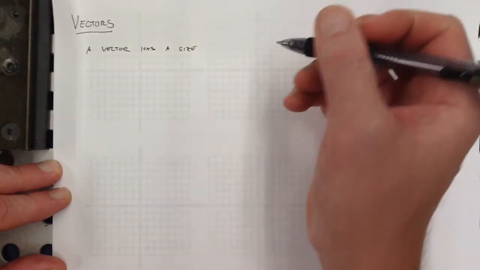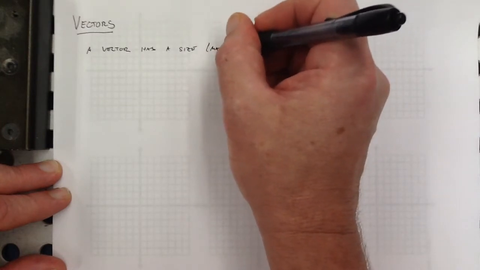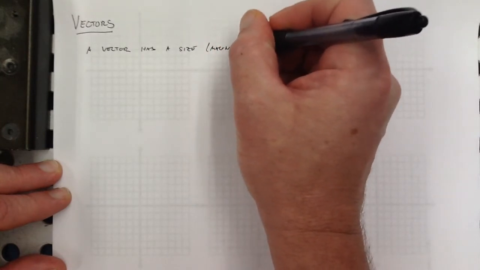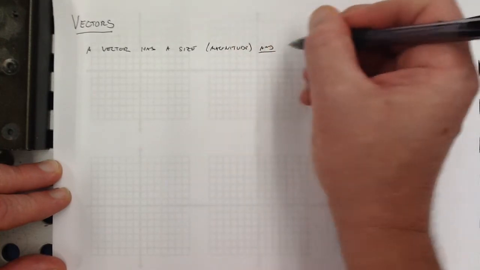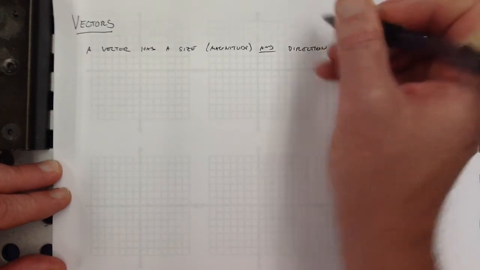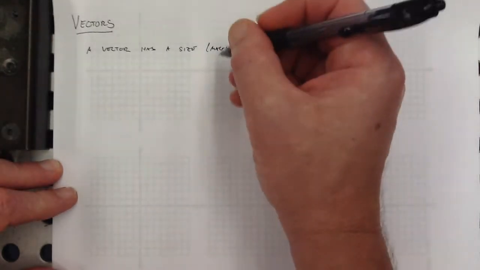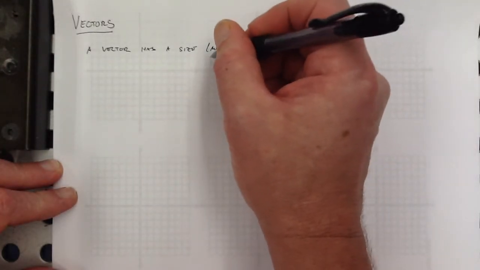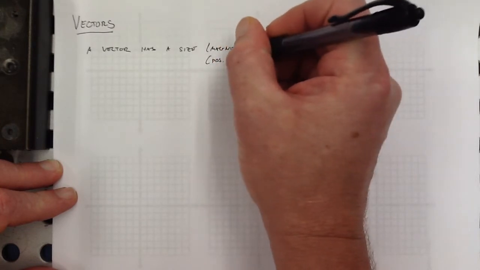Sorry, I can't talk and write at the same time. A vector has a size, which we usually call the magnitude of it, and a direction. So it's like a number, like the size, but it's also pointing in a direction. And this magnitude is always a positive number